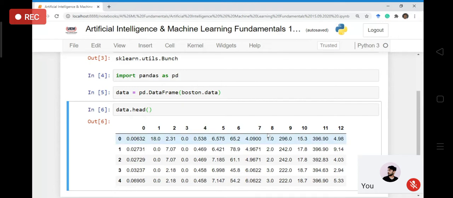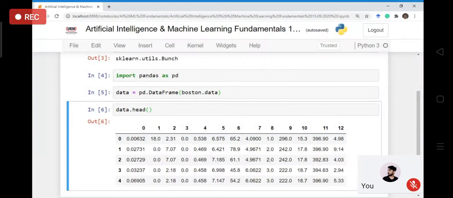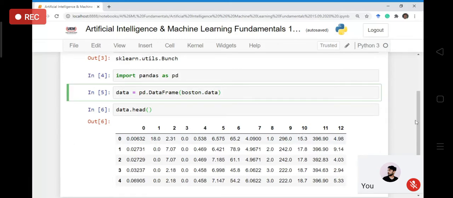Now you can see this is not a very good representation of the data set, because we do not know what the name of this variable is, what the name of that variable is, and so on. In order to get those names, we can do something extra. What can we do? There is one argument called columns, and I can set it to be